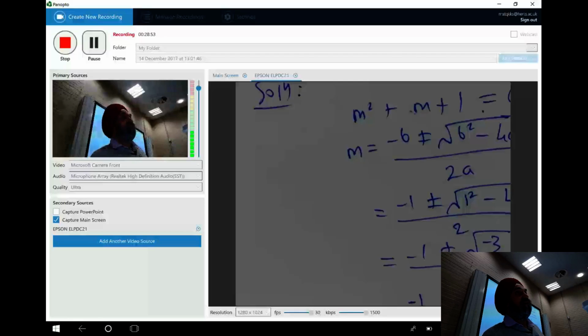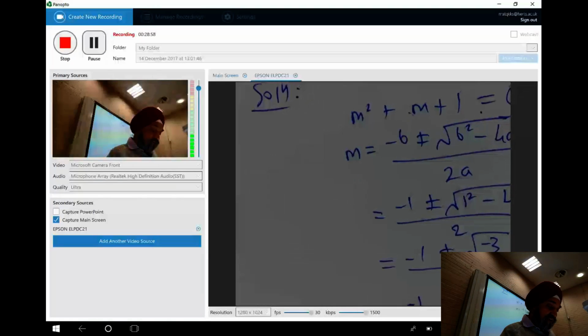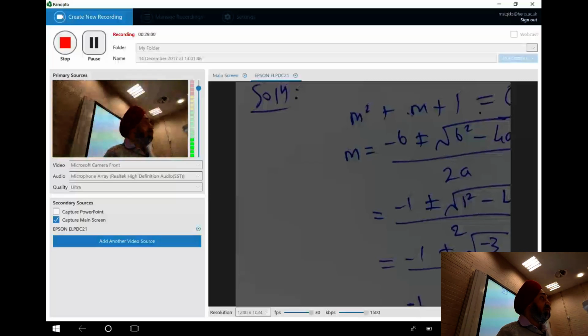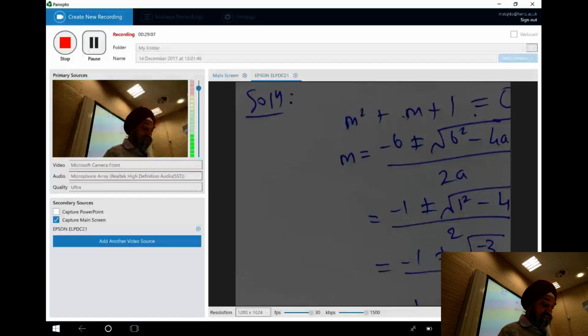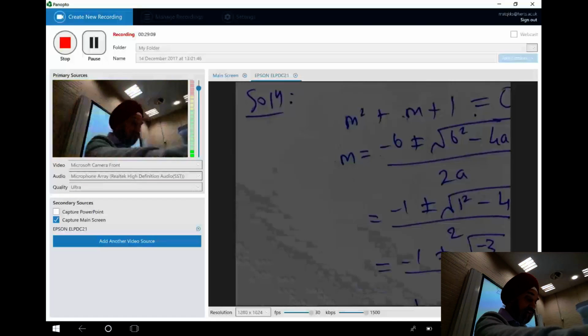Don't be put off by Greek letters. Alpha is minus half, isn't it? And what is beta? Just root 3 over 2. And that is beta. So our solutions are